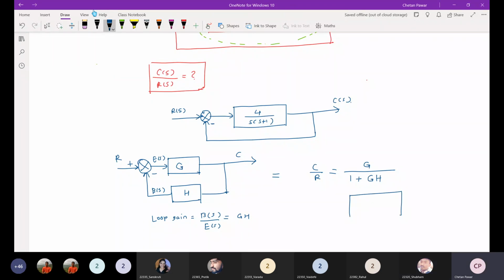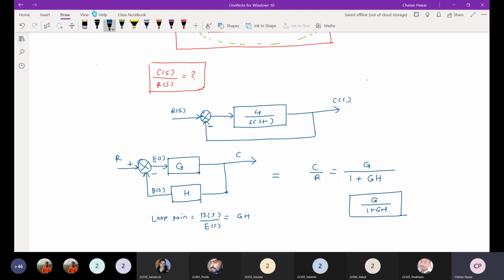Excuse me, sir, how did we know that it is a negative feedback system? Because here negative is there, na? We are subtracting the feedback output from the input. If there is addition, we have explained this in the lecture, right? So if there is a subtraction, there will be negative feedback. When there is addition, there will be positive feedback. In oscillators, we use positive feedback, and in amplifiers, we use negative feedback.